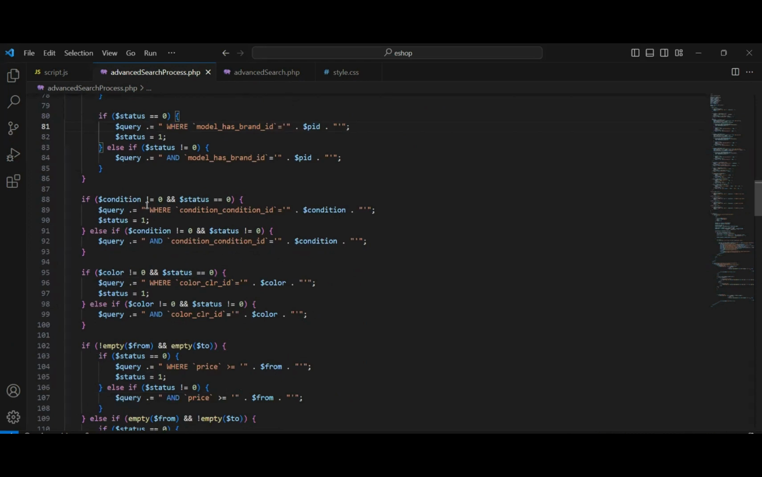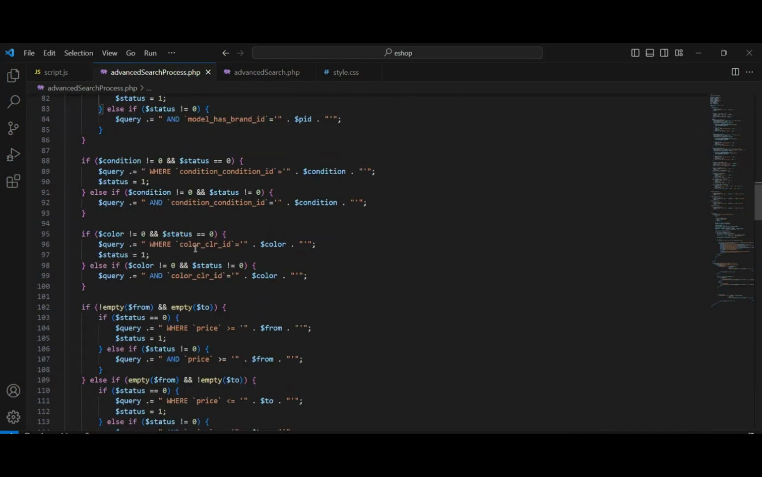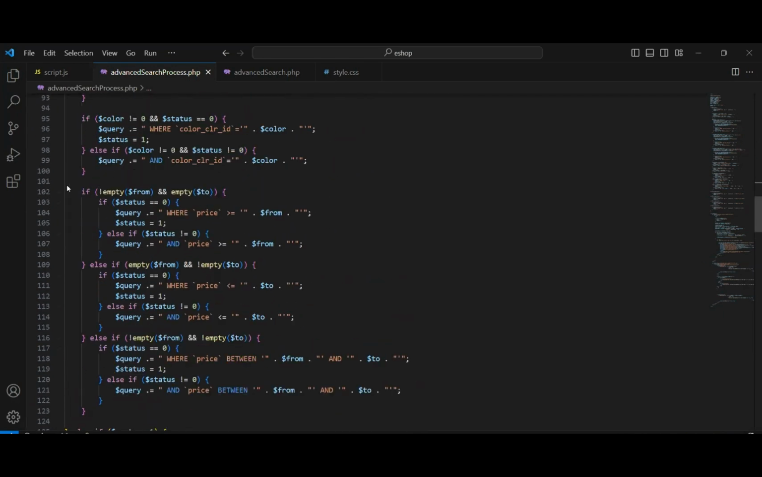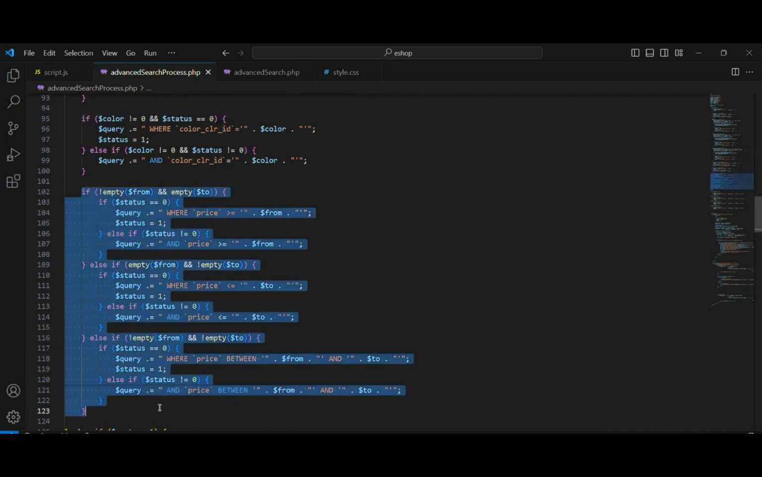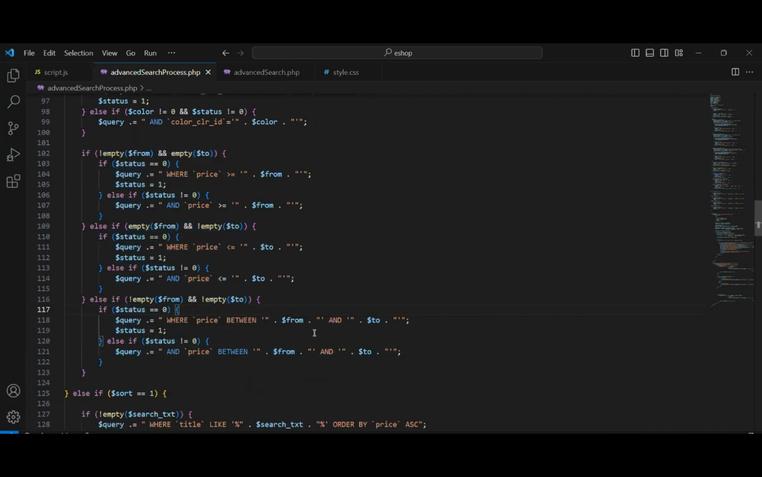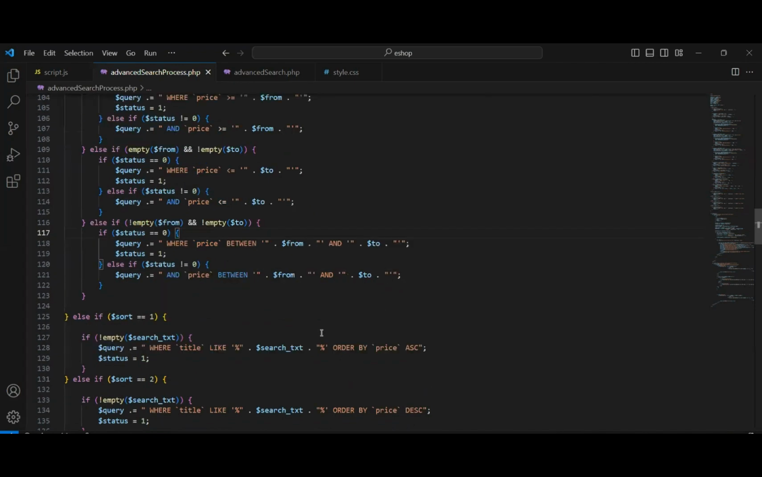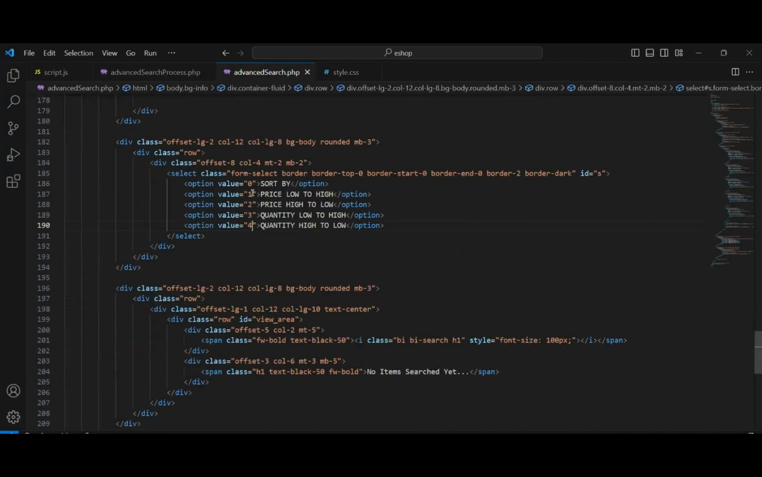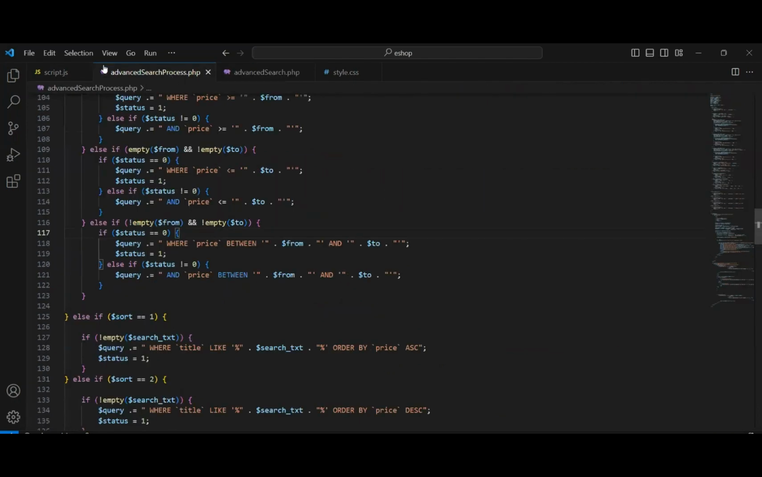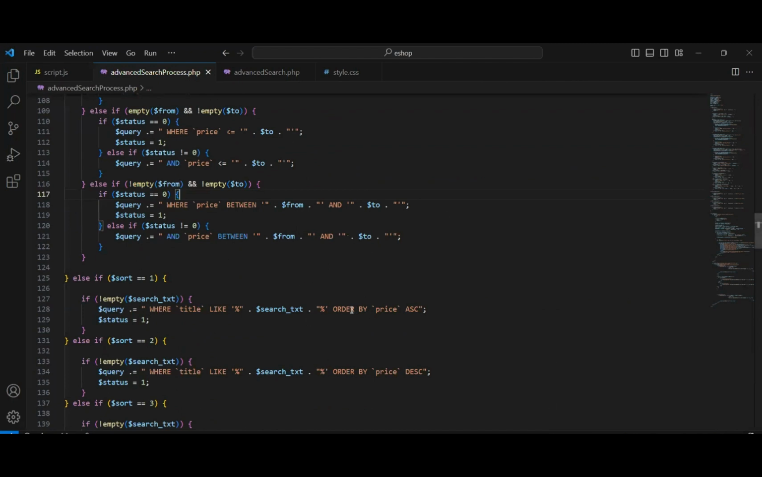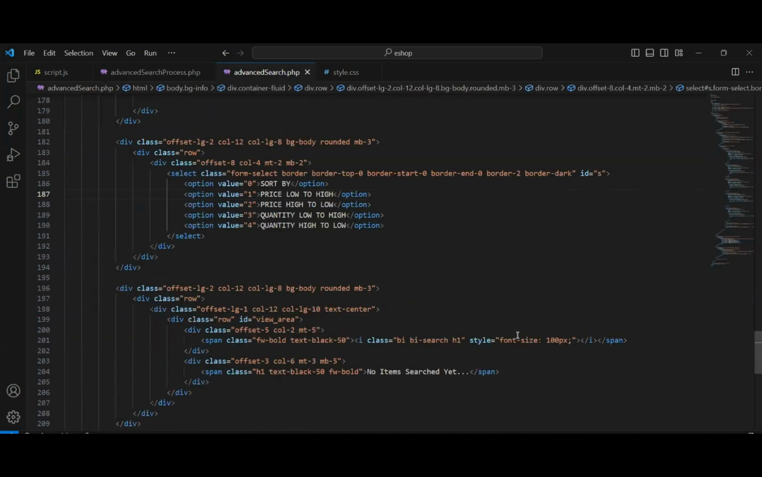Same goes with the condition and the color and the price ranges. Here, in the price low to high part, we will be using order by price ascending because we want the price from low to high,